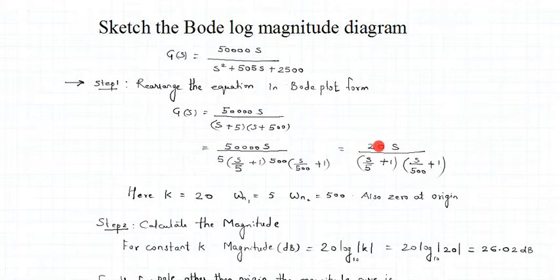So what does 20 indicate? Definitely 20 is the gain of the system. So K is 20 here. What is omega n1? Omega n1 is this, s by 5 plus 1. From this I get omega n1 to be 5. What is omega n2? Is this term, s by omega n2. So 500 is omega n2. Also friends, what is very important to notice here is that there is a 0 at origin. Earlier we had no 0, but now there is a 0 at origin.